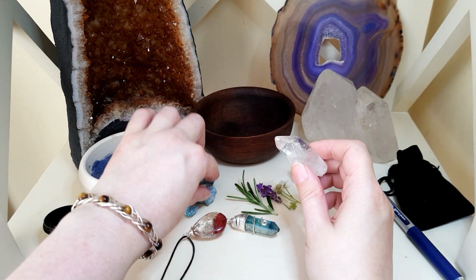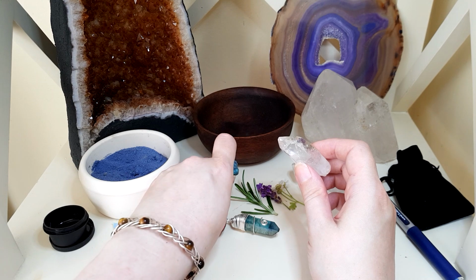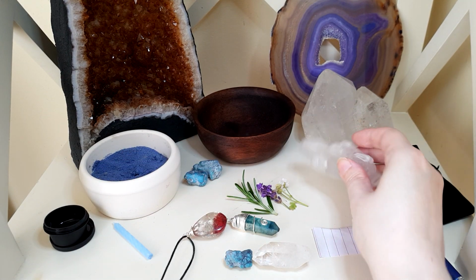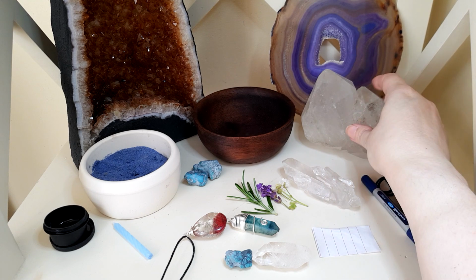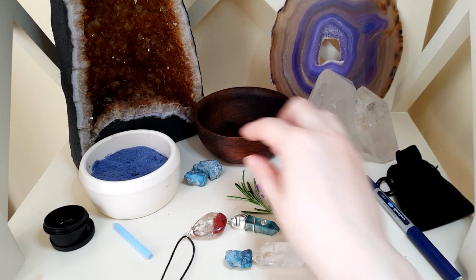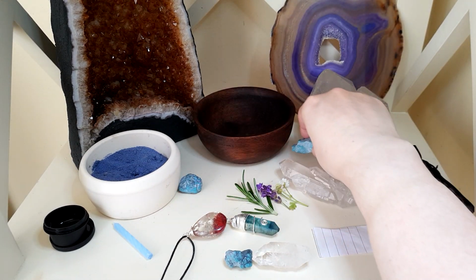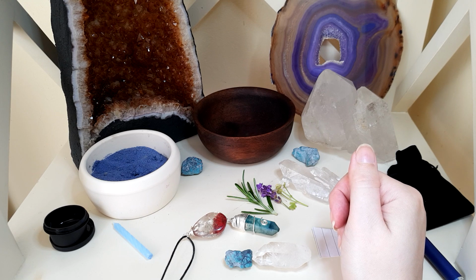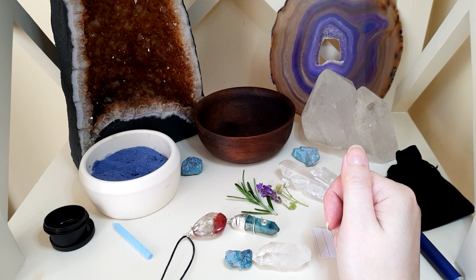So we're going to pick two of these stones to use, but I've also got some lovely big clear quartz here and there as a background energy, and also obviously the extra turquoise as a background energy for this spell. Now the herbs I've chosen